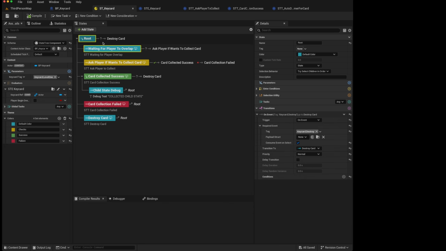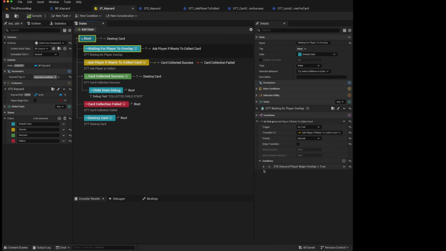So that's an important thing to understand, is that all of these transitions that we are adding only apply when we are in that state or any of its child states. So for instance, if I wanted to have an auto-destroy on my card, but only have that card auto-destroy itself after a set number of seconds, if we were waiting for the player to overlap, but not if the player had overlapped and we were waiting for input, then I could set up a task like this called state tree auto-destroy, give it an auto-destroy time, let's just say 3